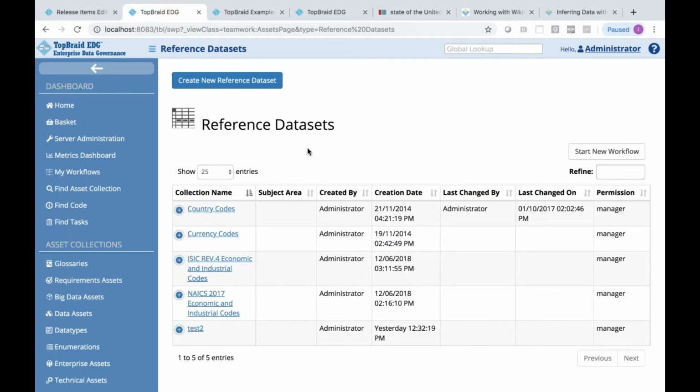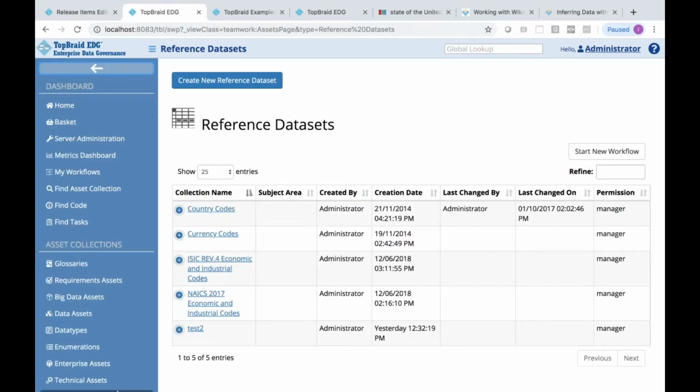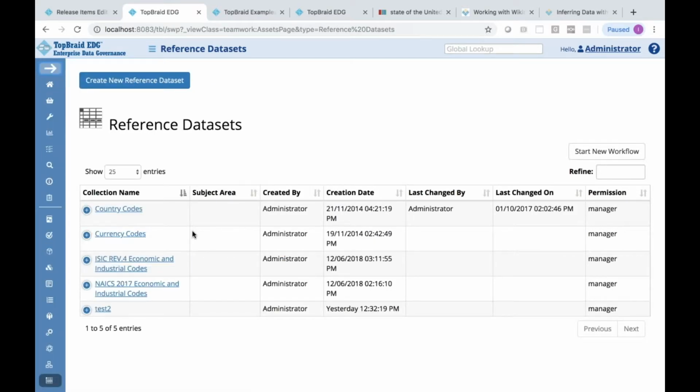By the way, when you're looking at the collections themselves, you're now seeing a new display that is a tabular display with different columns. This navigation bar is consistently available throughout, no matter what page or screen you're on, you have access to it.